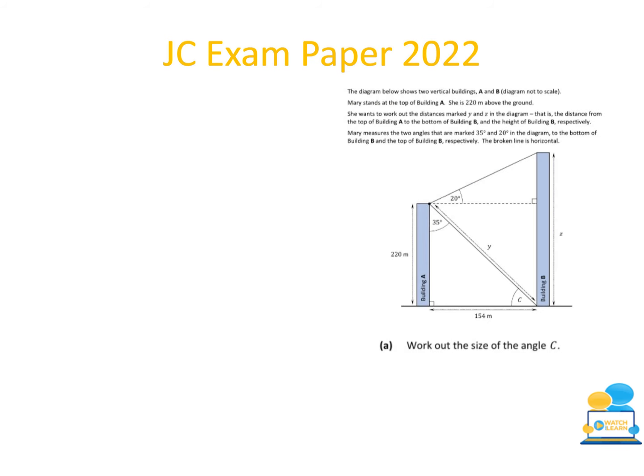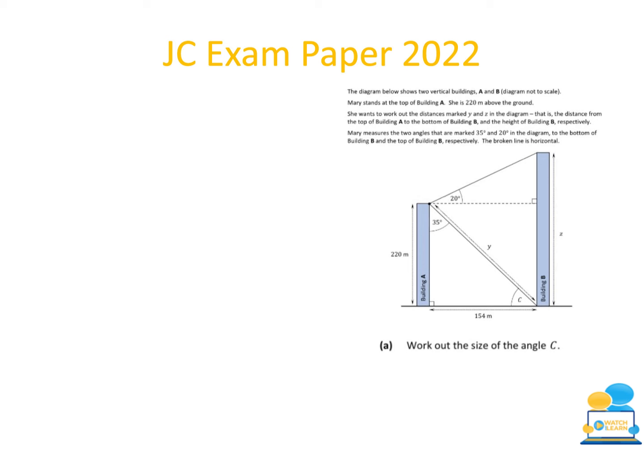Next, moving on to the exam paper from 2022. The first question we have here tells us that a diagram below shows two vertical buildings A and B. Mary stands on the top of building A and she is 220 metres above the ground. She wants to work out the distance marked Y and Z in the diagram. That is the distance between the top of building A and the bottom of building B, and the height of